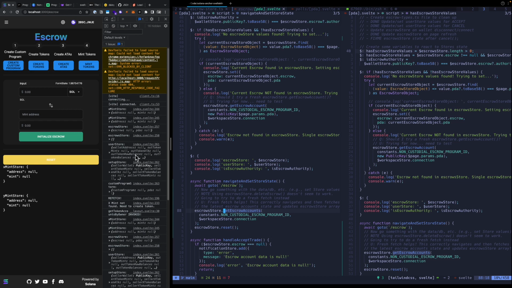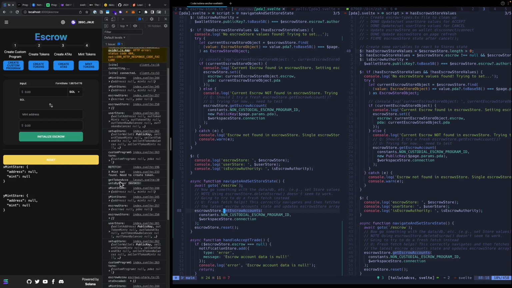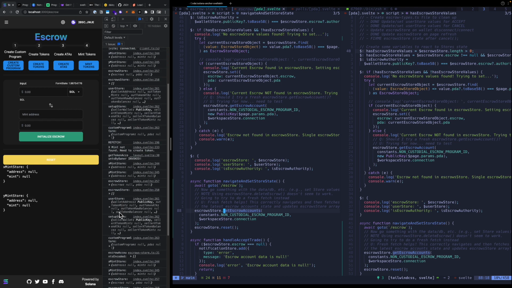And because it's a hard refresh and we're on the escrow, it's going to hit my layout svelte component and do some stuff, such as try to go fetch the escrows store. So go find some escrows accounts,